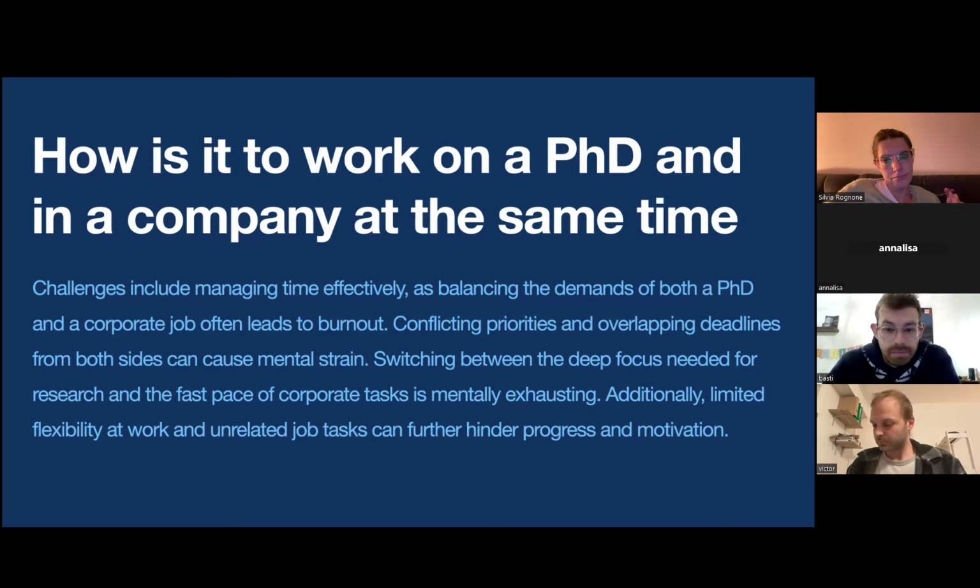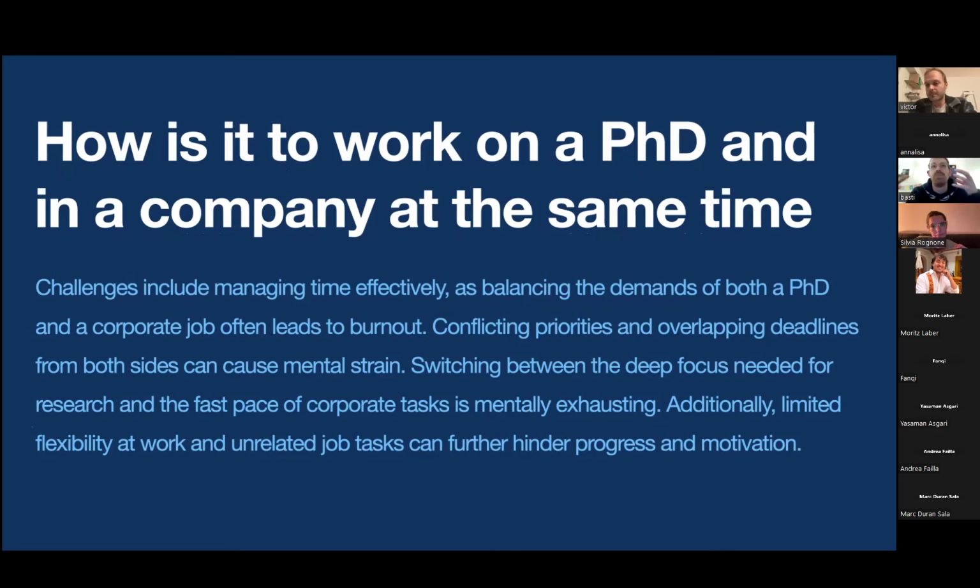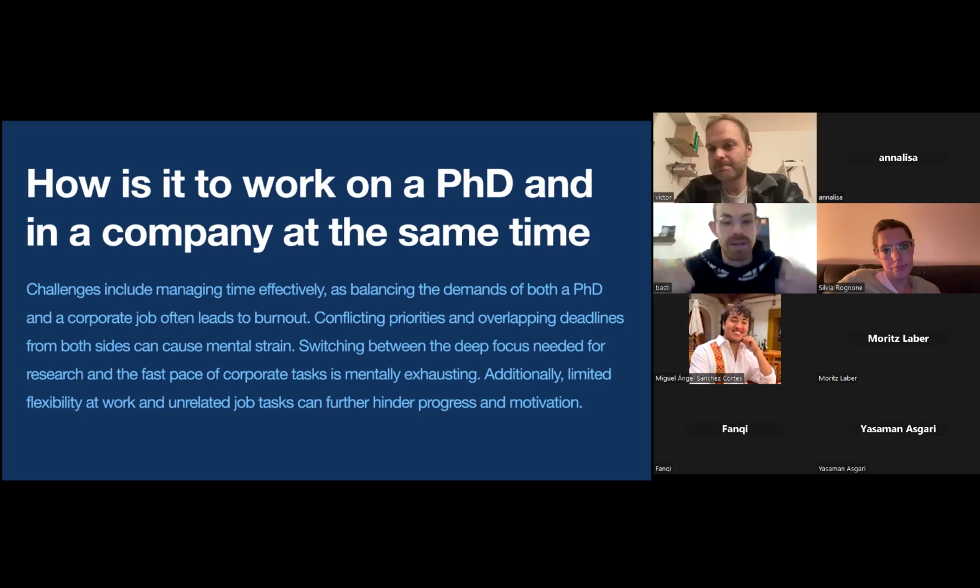Can I ask in between, can you talk a little bit about what your focus is in the PhD and what you're working on in the company? What are the connections between your two topics, and how did this emerge? Who was interested in whom? Do the people you work with academically and from the company collaborate together, so we understand better?